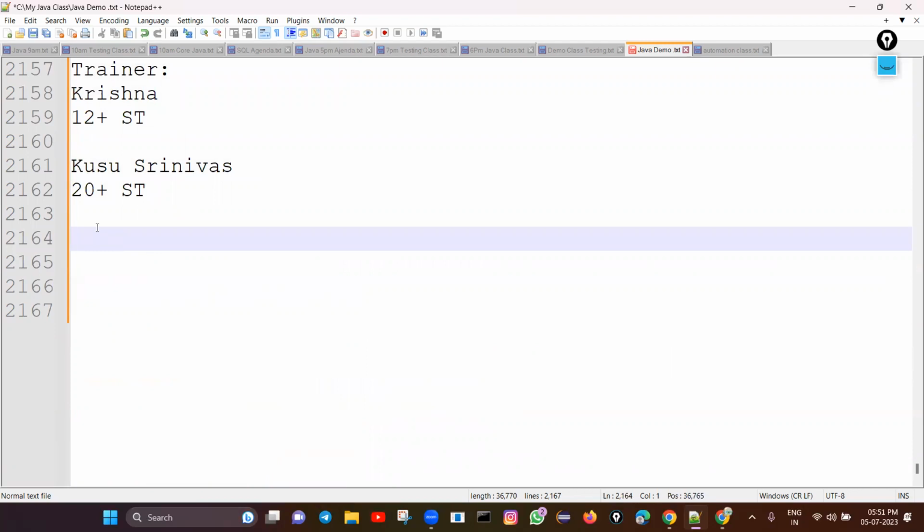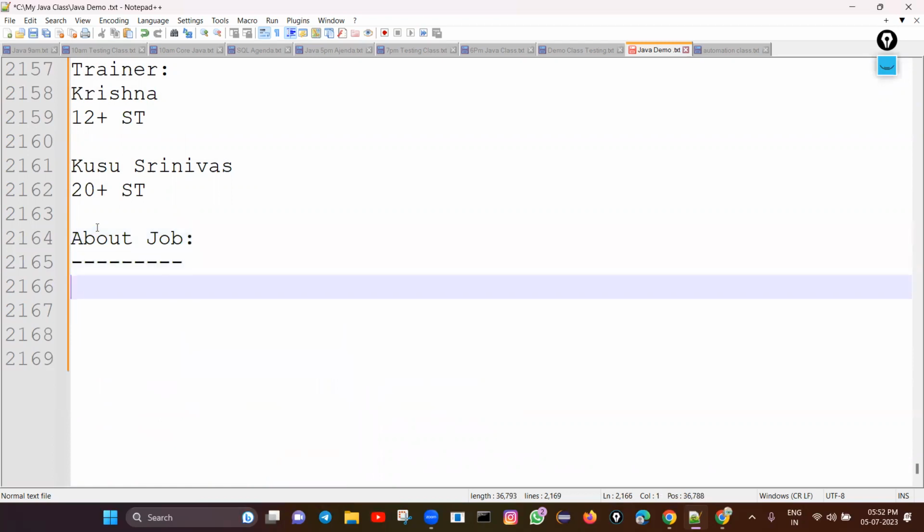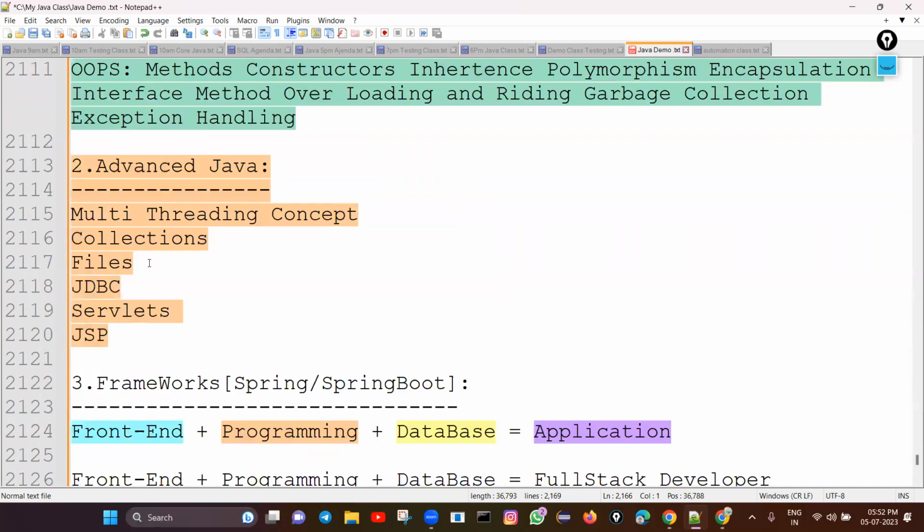So finally, we will complete this full stack course like this. So up to now we have been discussing the complete details of the course. What about the job? So we are giving, first of all, complete knowledge on the full stack Java development course, and also for the job,